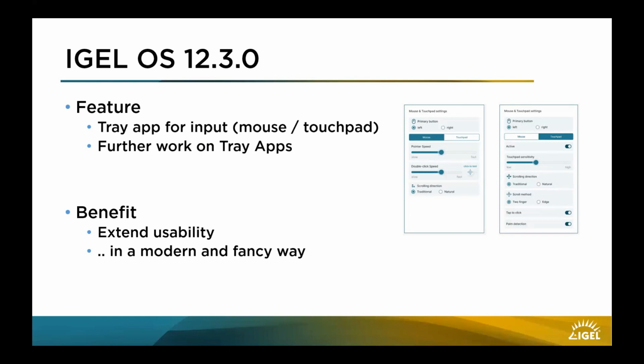And we'll try to offer also a first test version for that in early 2024. GA of that feature is currently targeted for the 12.4.0 in April. This is also the plan for usage of new tray apps in lock screen. Currently, you still see the old implementation, so we have to do that step by step, but that will be changed by then as well. And also a topic for the 12.4.0